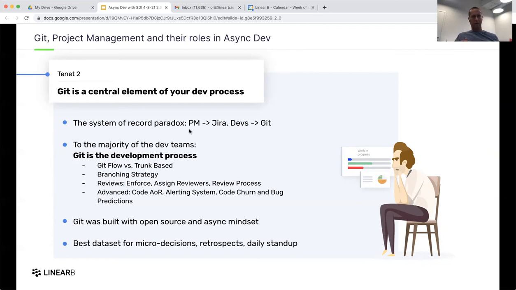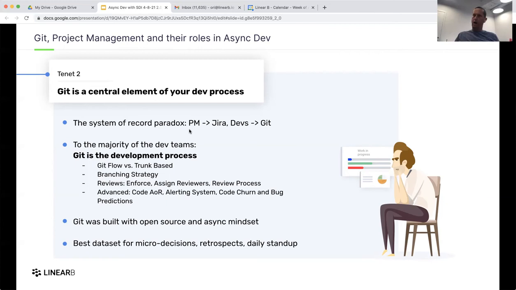Most of the time the answer will be, my project management tool, like Jira, Clubhouse, all of those systems, which makes sense for the product manager, because this is where they plan, where they do their backlog, where we choose the scope for the iteration. Now, if you ask the same question of developers, they will say, my PRs and my branches, the things I'm working on, represent the best where I am in the dev process. So you have this paradox where some members of the team are looking at system A, and other members of the team are looking at system B.